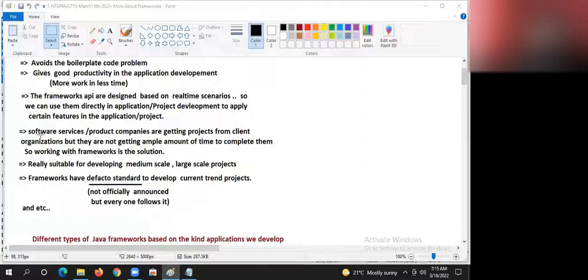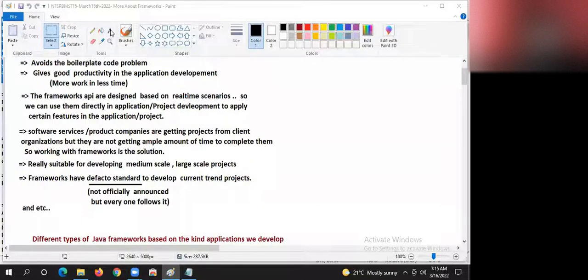Software services or product companies are getting projects from client organizations, but they are not getting ample time to complete them. So working with frameworks is the solution: faster development.